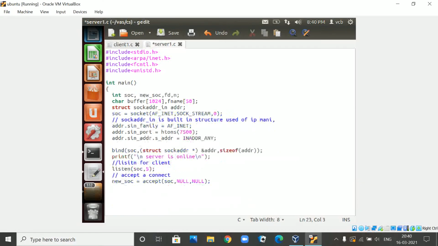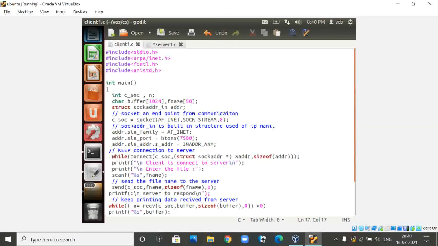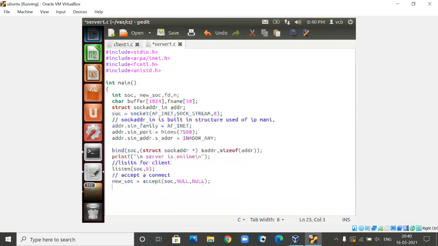Because the server keeps on listening, once a client is connected and the connection has been established, the client is going to send a file name. So now the server has to receive that file name.